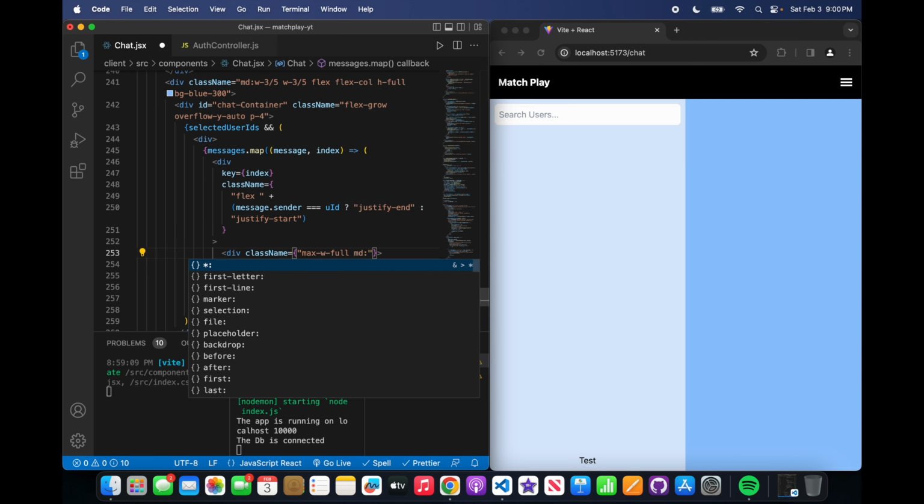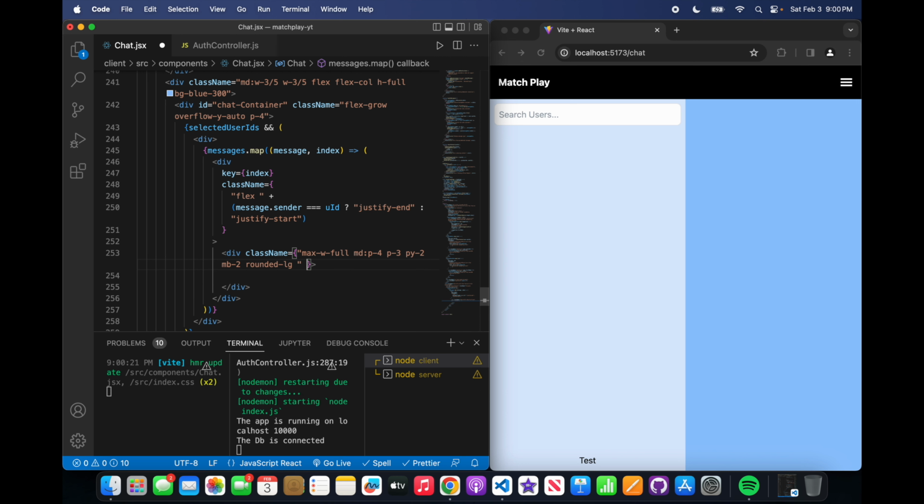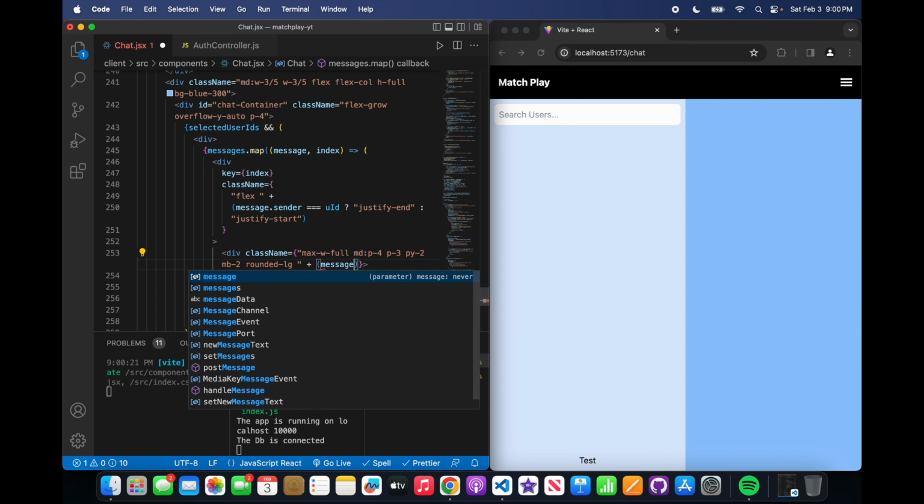And the padding is going to be 4 for medium and up. Padding is going to be 3 for regular. Padding Y is going to be 2. Margin bottom is going to be 2. And a rounded large. And then we're going to say plus